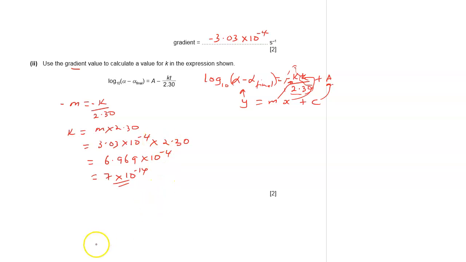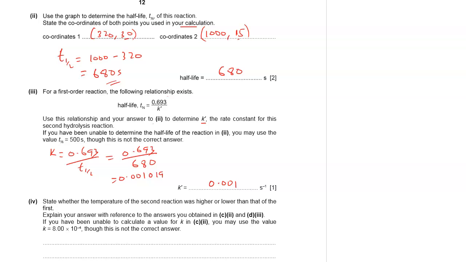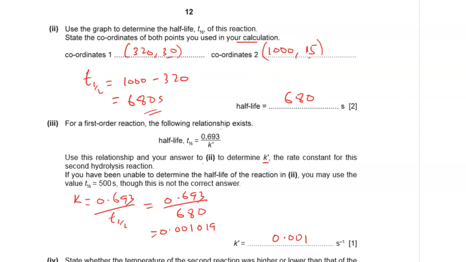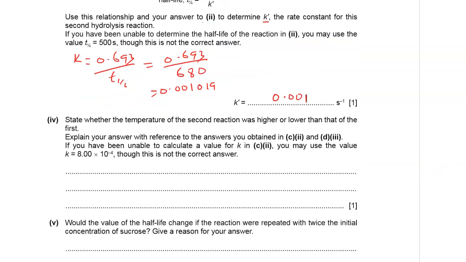For the second equation, the value of k is much higher, we can call it 1 times 10 to the power 3, compared to 7 times 10 to the power 14, the value of k we got previously. So you can see the value of k here is much greater, and therefore the reaction is faster,